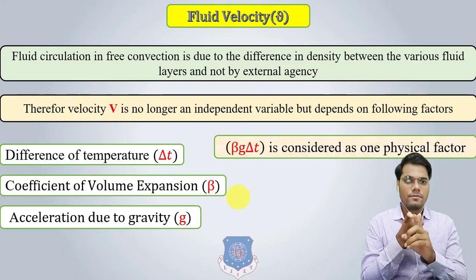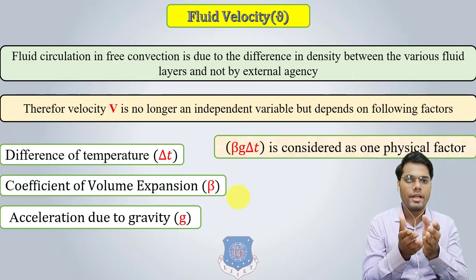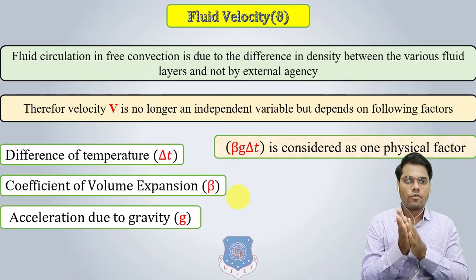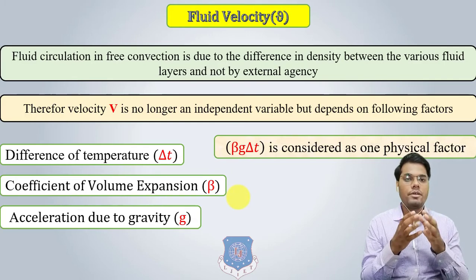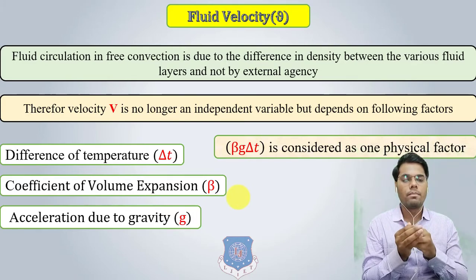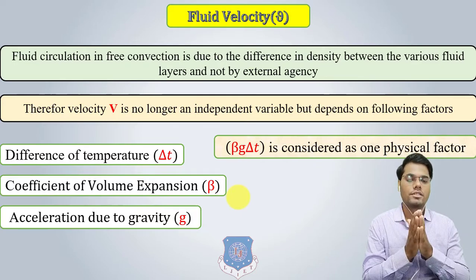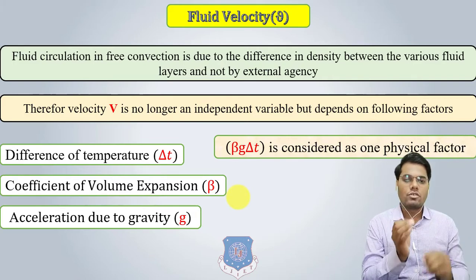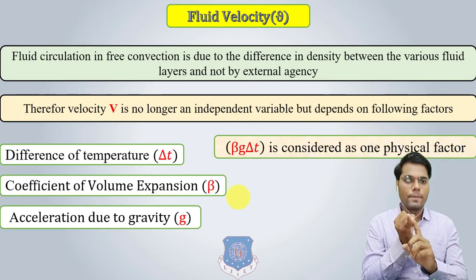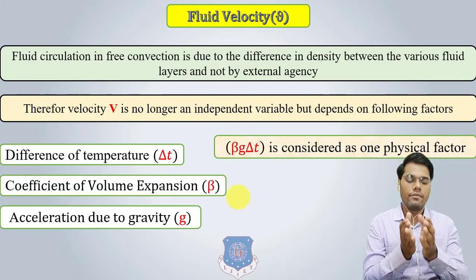In forced convection, the fluid velocity directly depends on the arrangement we have provided externally, like a pump. So from that we can easily find the velocity of the fluid. In free convection, there is no external arrangement like a pump for the flow. Whatever circulation or motion of the fluid there is, is due to the buoyancy effect, which is due to the temperature difference or the density difference between the two layers. So that convection current, that motion of layers, depends on three factors: the temperature difference, the coefficient of volumetric expansion, which is beta, and the acceleration due to gravity, which is g.